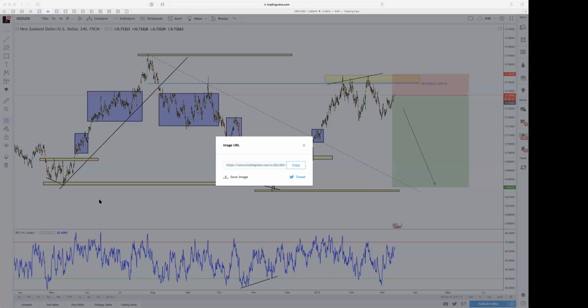All right, sell NZD USD. All right, stop loss is 7445. Take profit is 6805. All right, so